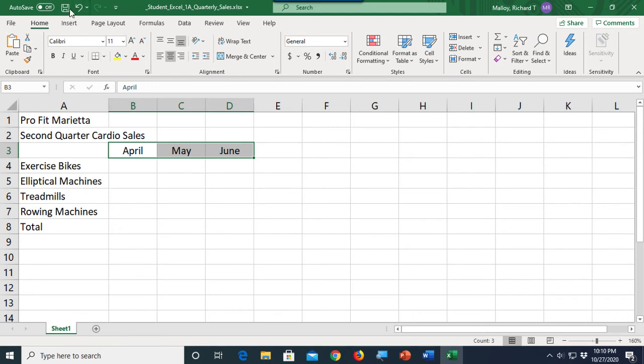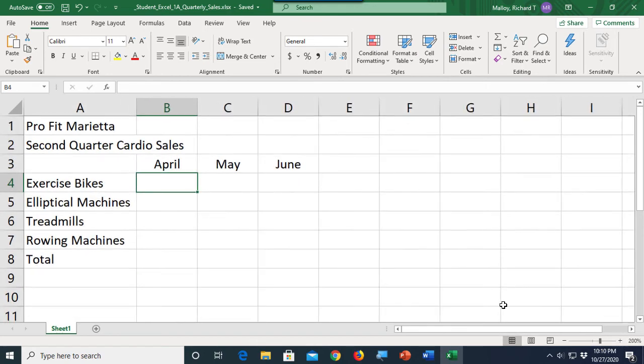Let's save our work. We'll click the Save button up here. And now we need to put some numbers in here. I'm going to make this even bigger so you have a better idea what's going on. Okay, zoomed in, we're at 200%, nice and big. I want to put in some numbers here. So I'll type in